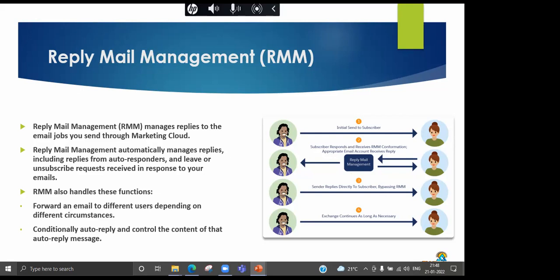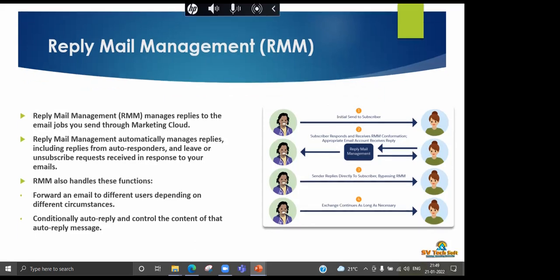As soon as a reply is received on our email, a case will be created. That issue will go to our service support team and they will contact. Similarly, if somebody doesn't want to receive future communications, they can reply unsubscribe, or do not send me. So how to act on the replies received on our communication, we will be seeing in RMM.